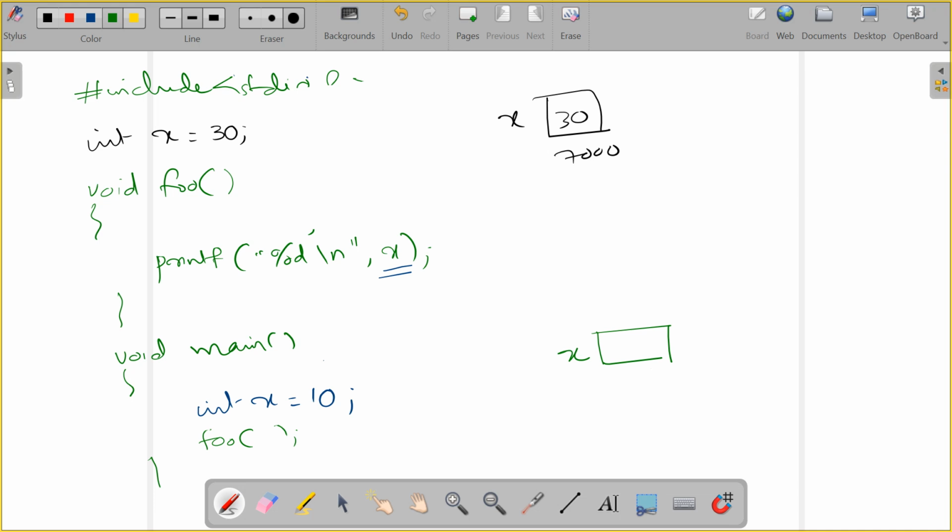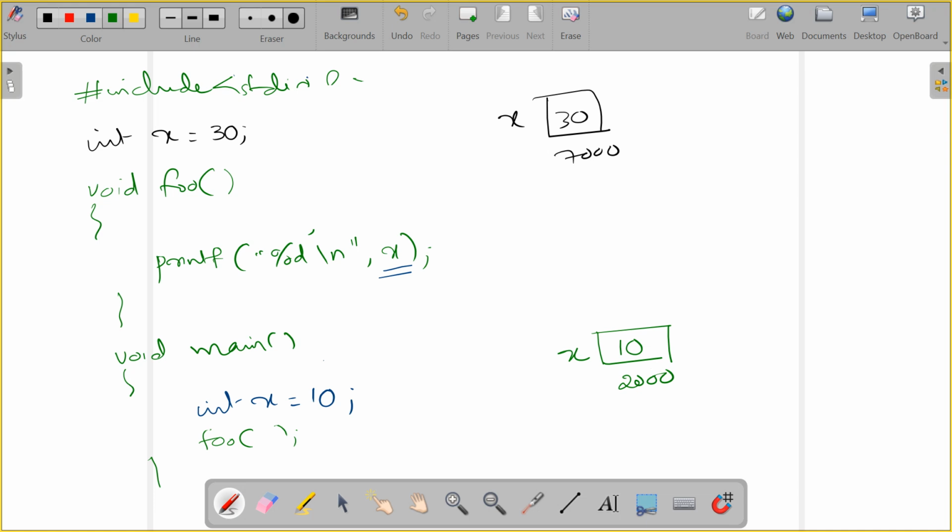This is the local variable x stored in some location 2000. And what is the value of the local variable x? It is 10, right? This is the local variable x, and that is because I am defining a new variable int x. What is the name of the variable? It is x, and x is local to this function, right? Int x assigns 10, and now I am calling this foo, and here I am moving to this foo function,